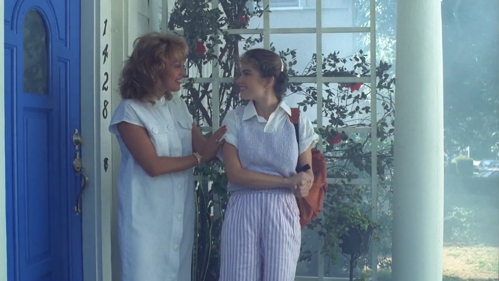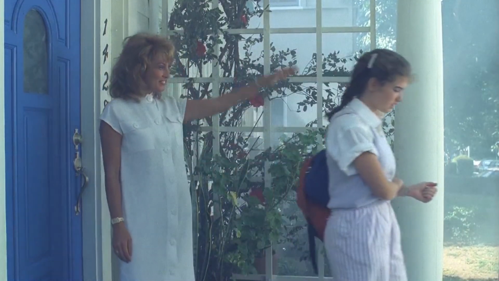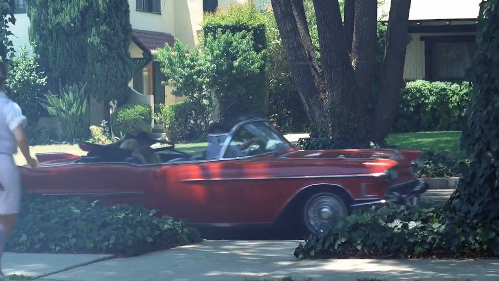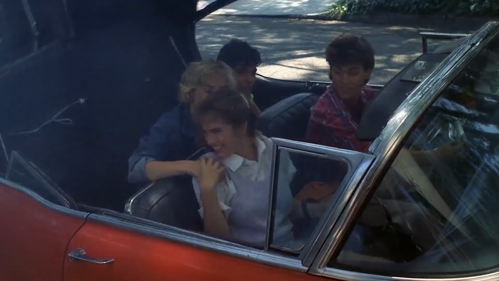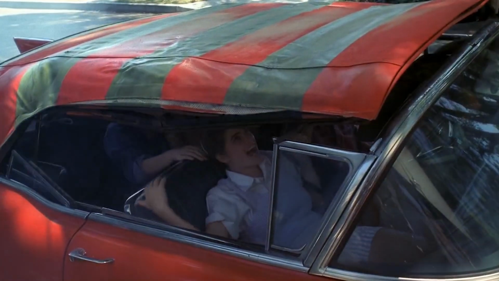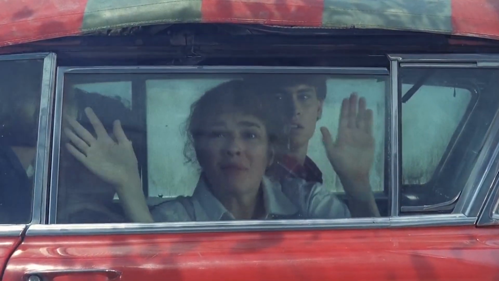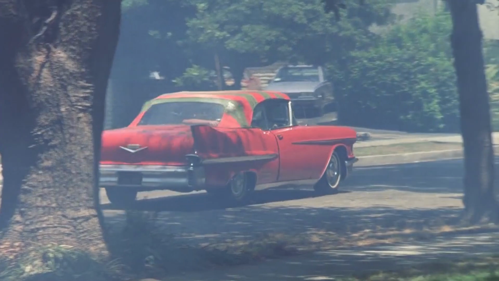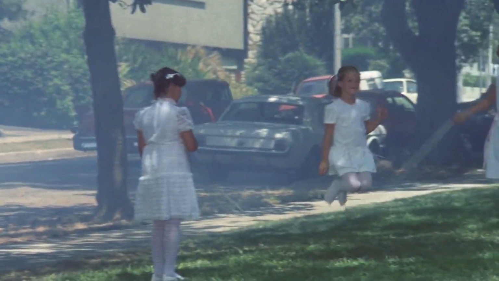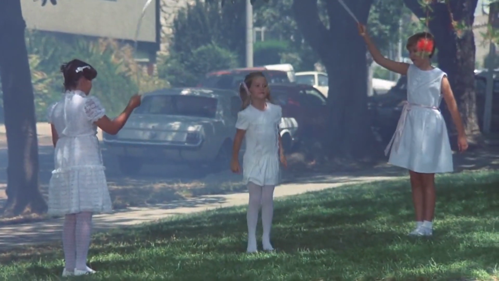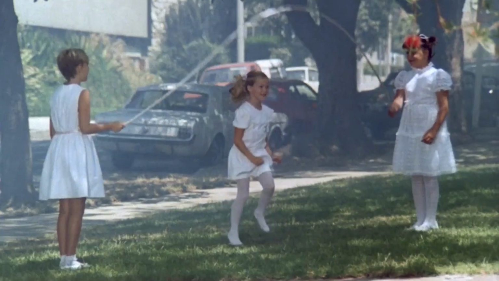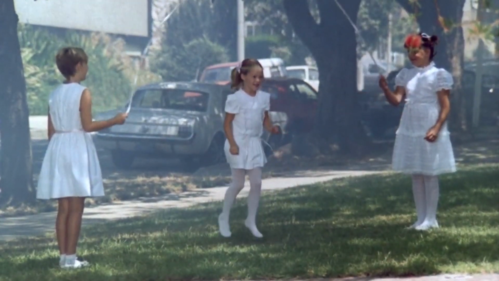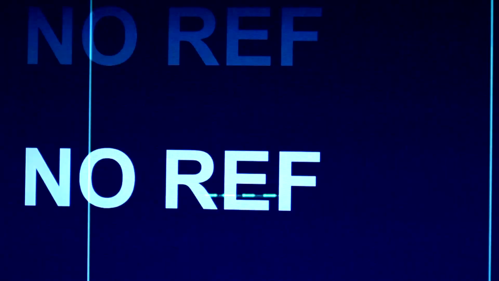We then cut to a new day in a very dreamy and foggy front porch outside of Nancy's house, as Marge sends her off for a day with all of her friends, now back from the dead. And everything seems to have returned to normal. At least until the car turns into a Freddy-colored trap that sends the teens down the road screaming in fear past the Freddy girls as they sing our favorite little jingle. We then cut back to a terrible dummy of Marge as she's pulled in through the small window of the front door at Nancy's house. Freddy's laughs bring us into the film's credits, and that's all she wrote.